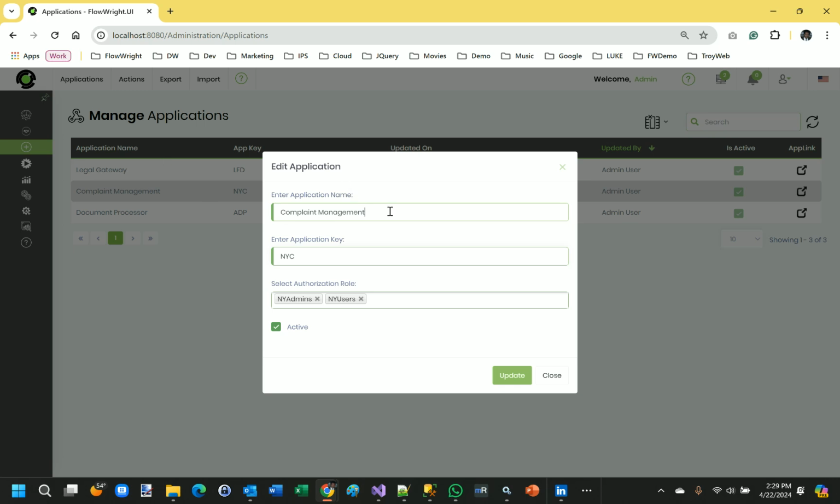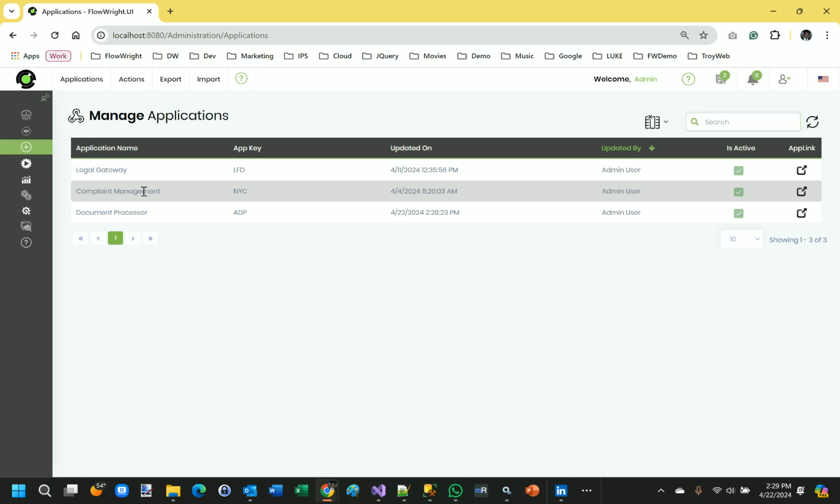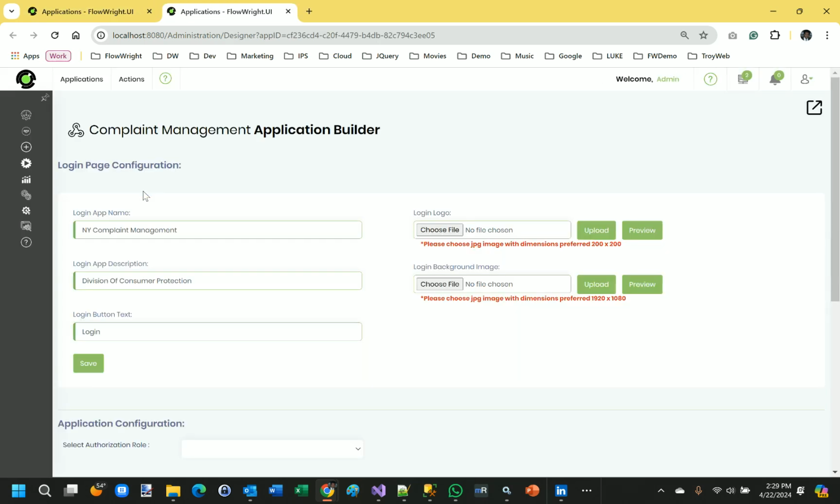you will see that I have given a name for the application key called NYC, and the types of user roles that can access this particular application are NY admins and NY users, and this app is active. And if I go into the app designer, you will see this following UI here, where I can also change